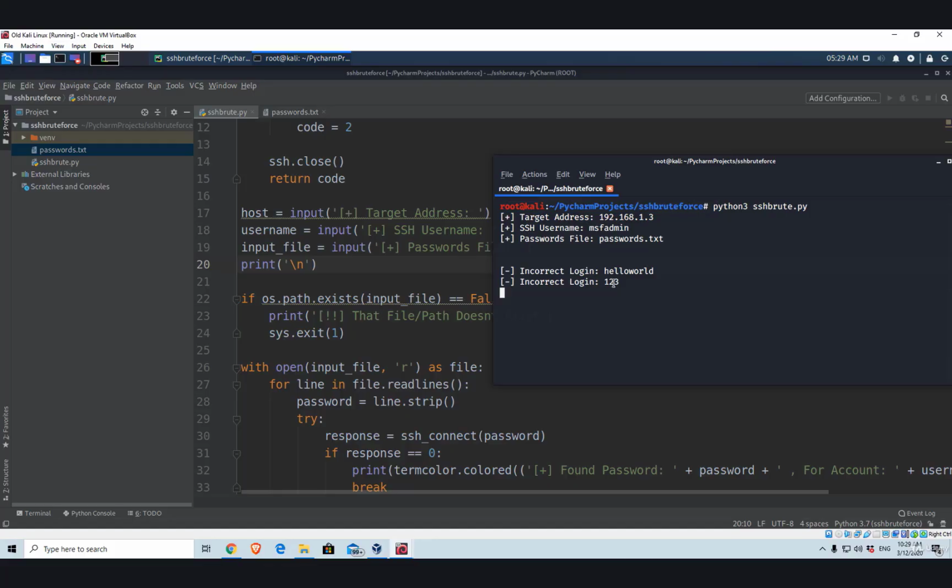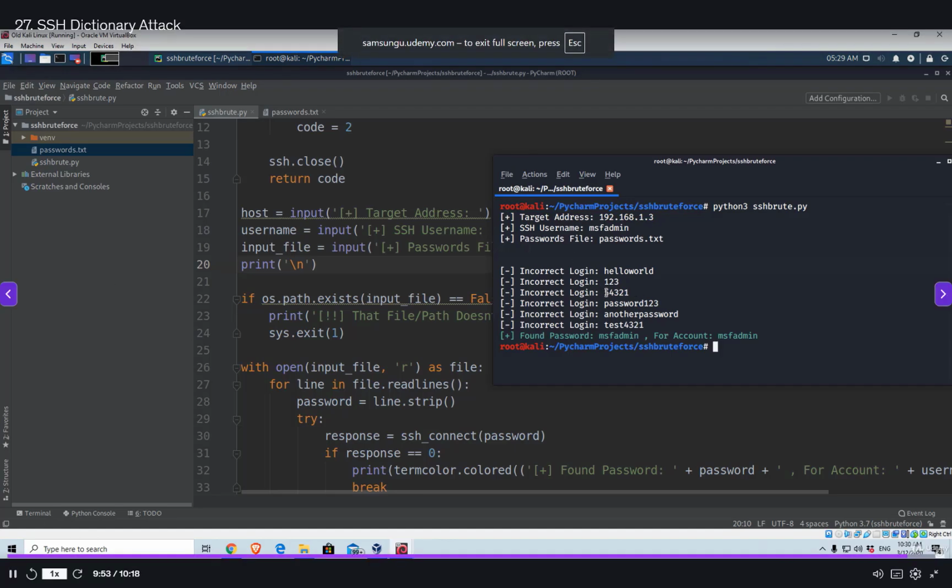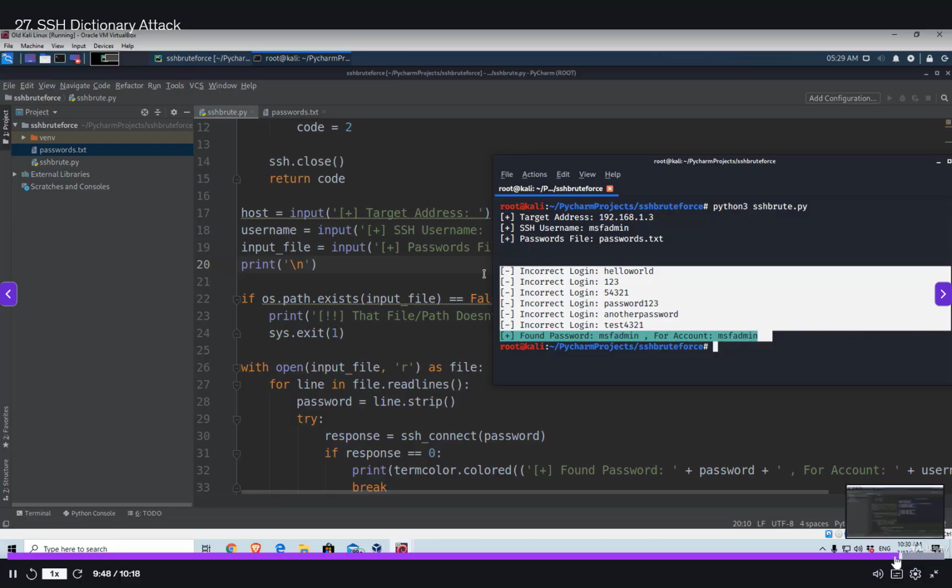Now, you might notice that this is going a little bit slow, and that is something that we will fix in the next video, as we're going to see how we can import the threading library inside of this program to make it brute force the passwords faster. Because in real life attacks, if you for example had 100,000 passwords, this would take a long time to actually